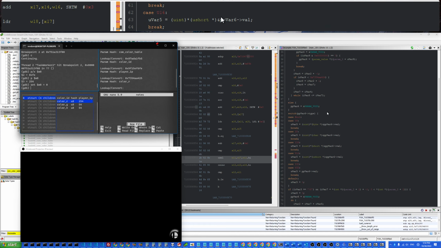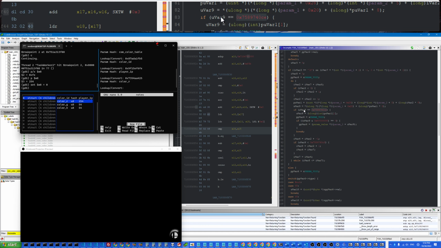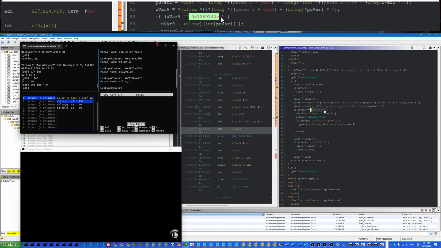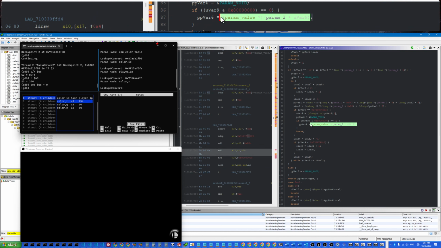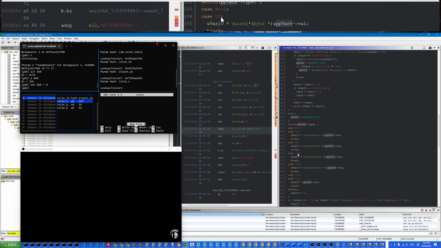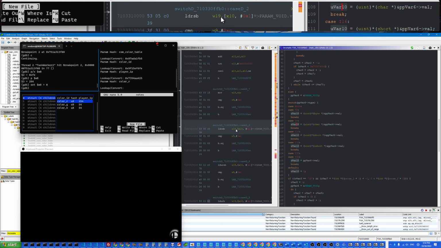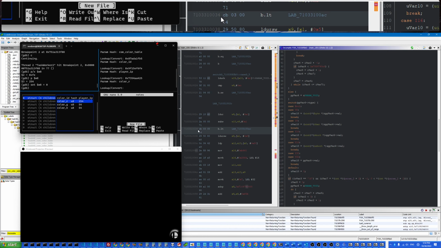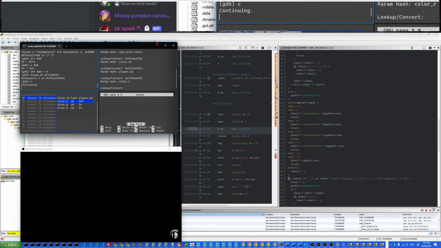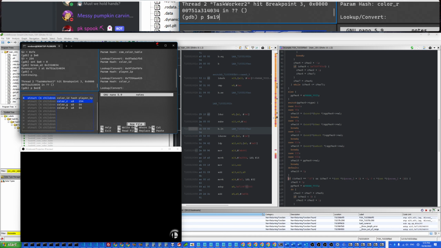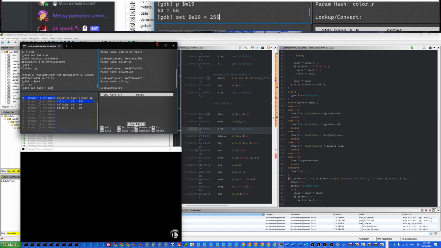And then for green over here, we're going to go ahead and set this. So if we track this down real quick, we see here uvar9 is equal to green. Then we're just gonna go here, set the variable pvar6 to uvar9. Then pvar6 over here gets to the switch case. Then the value of it goes to uvar10, and that's register w19 here. So we can just break here, break at 0x this, and then we can just print w19, and that is 54. So let's set that to 255,